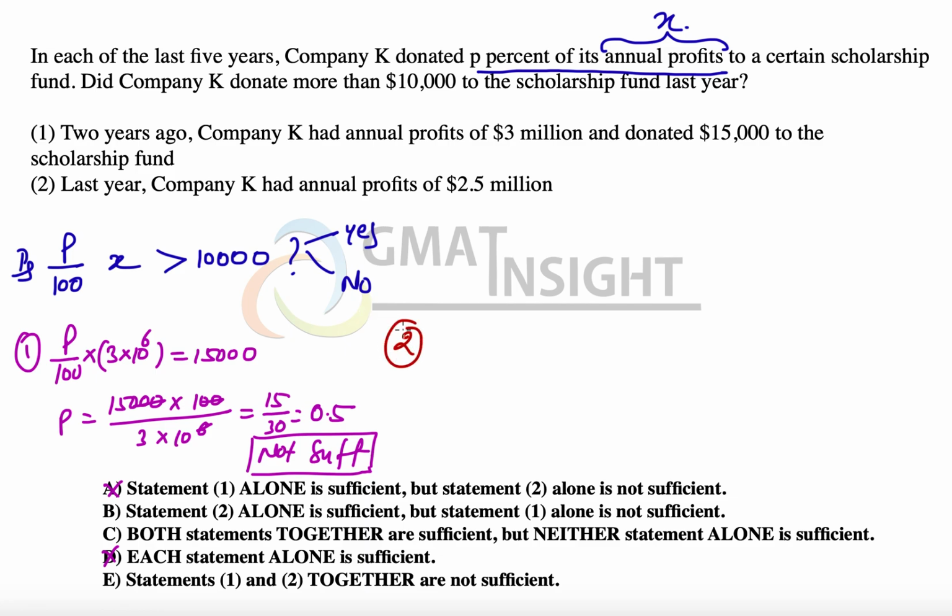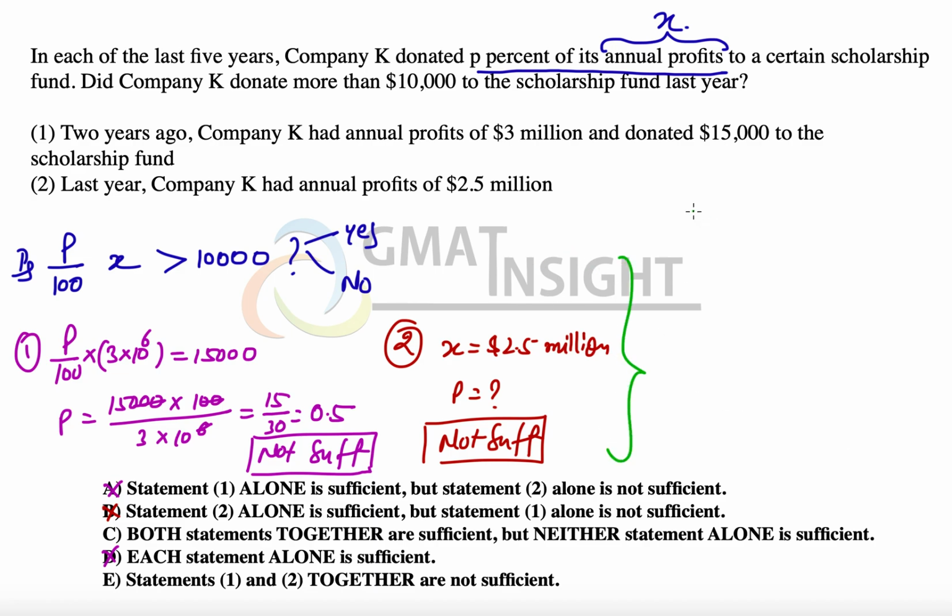The second statement says that last year company K had annual profit of $2.5 million. But that's not sufficient because this statement does not give us any information about P, so B option also can be eliminated. Now when we combine the two statements, we can see comfortably that the value of P is equal